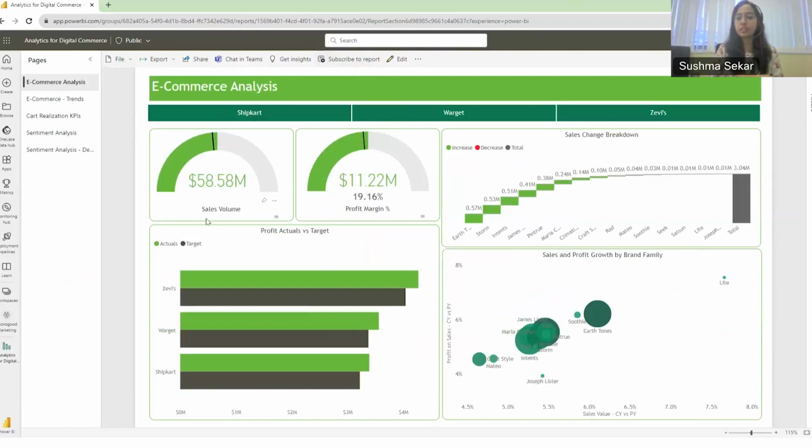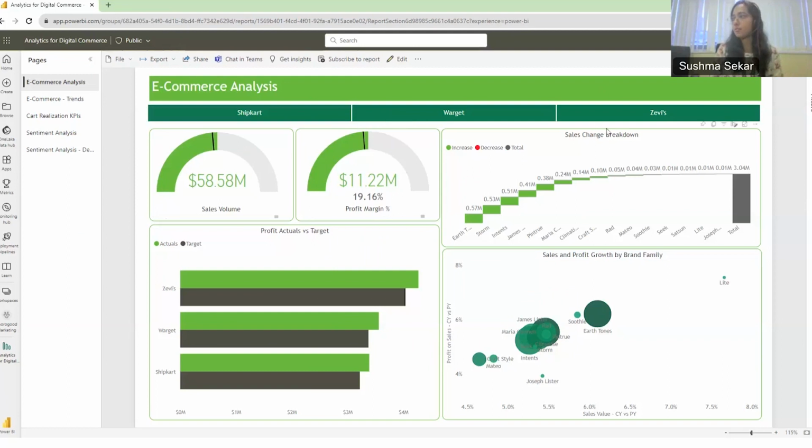It'd be nice to track things like volume of sales, profit margin against target or previous month's sales, how your online sales vary across different brands, breaking it down by retailers as well, and see how different brands are performing for each retailer. So for example, is there a brand that's doing well for a particular retailer but not doing well for others, etc.